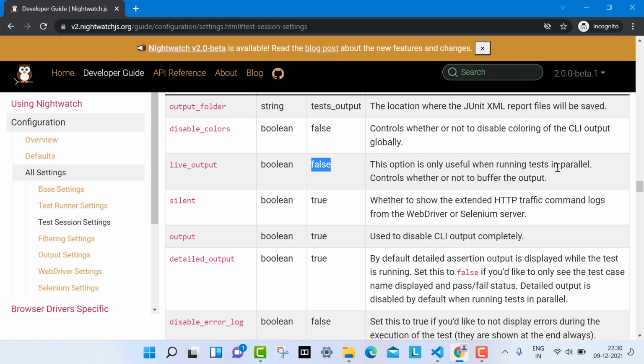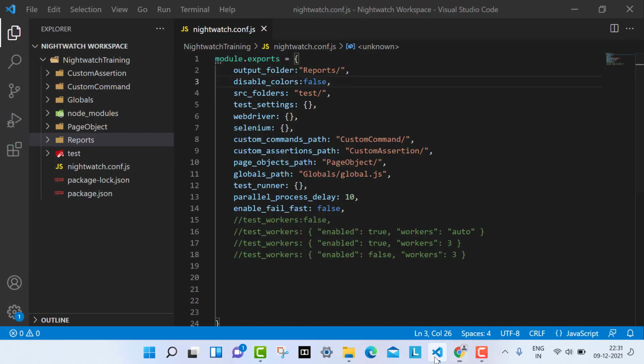One client gives some console logs and prints them, another also prints. If you want this live output, it will help you. So I'm going to make live output true.